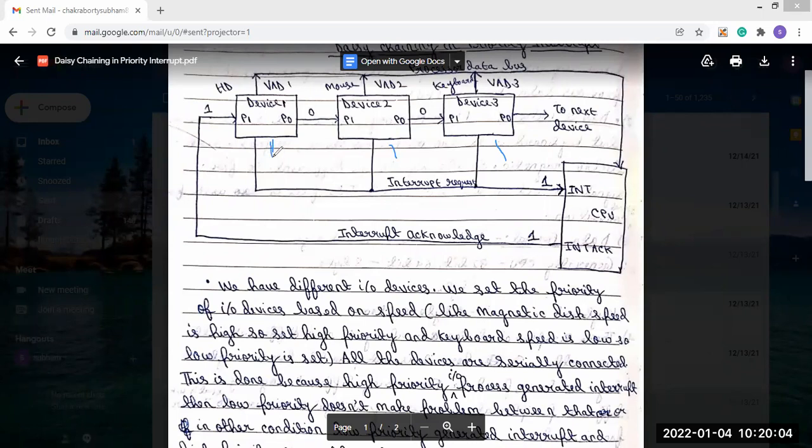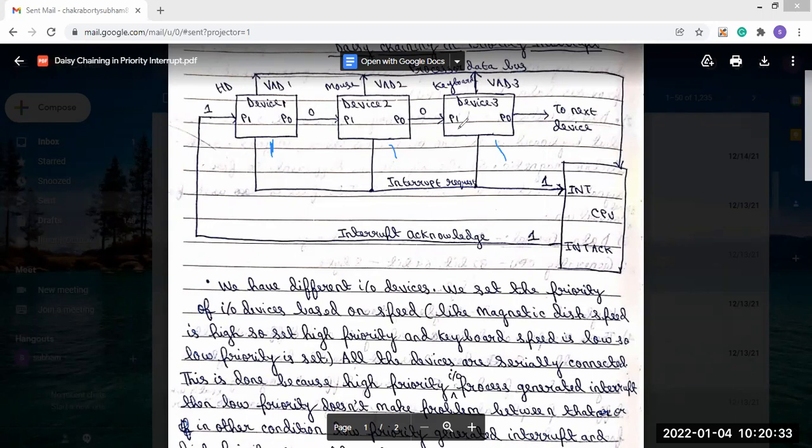So the highest priority interrupt, which is our hard disk, will consume our interrupt acknowledgement signal, and it will send the 0 to the other devices.